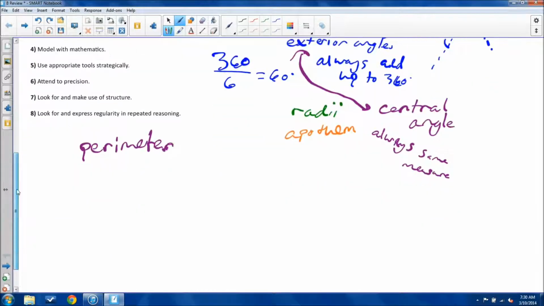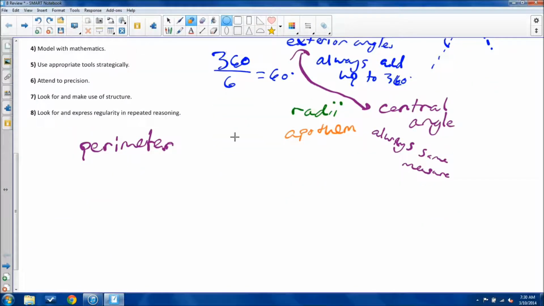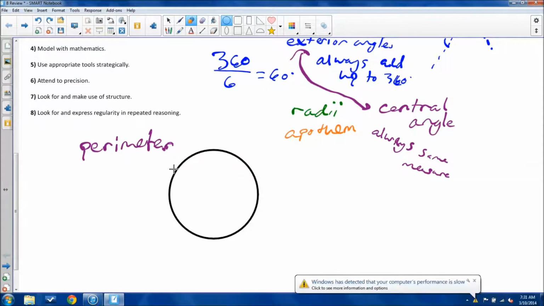The other way we've looked at perimeter just a little bit, we don't really call it a perimeter this way, is with circles. A circle has a circumference, and again, like I said, perimeter, we've always said, oh, you add up the sides. But a circle can be a part of a perimeter. It can't not be. So there's still a perimeter around here. We call it the circumference, but it's not defined by adding up all the sides, because there aren't any sides in a circle. So in this case, the perimeter is just the length of the outside. So that's always how we're referring to perimeter and how we look at it when we do this. So perimeter in this case, oh, and one more thing